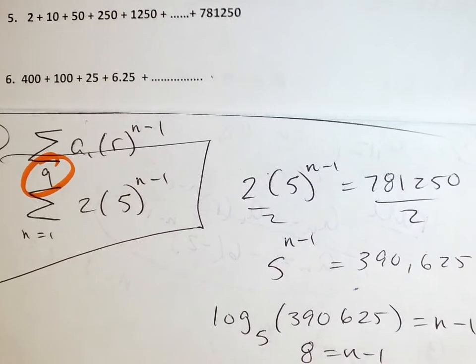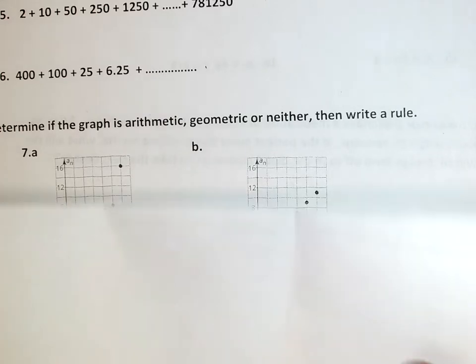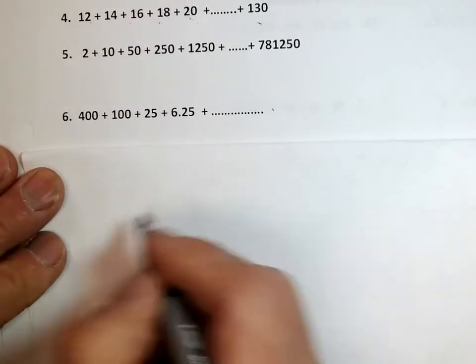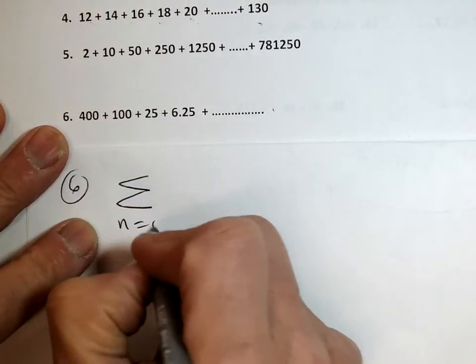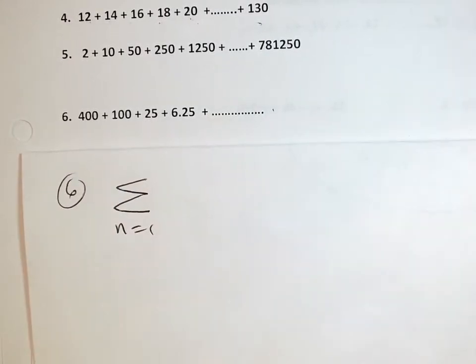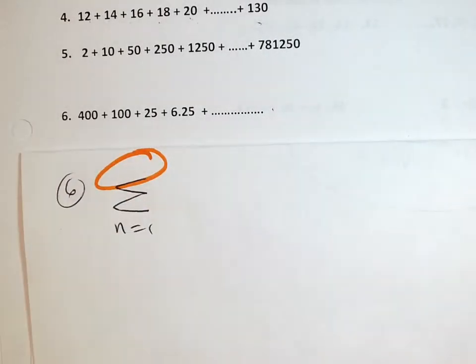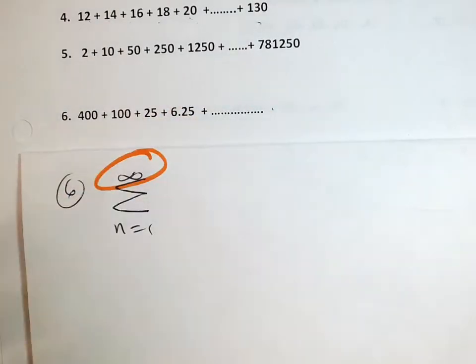Okay, you ready for 6? Okay, 6 is the easiest. It really is the easiest because when I do my summation n equals 1, I already know what goes up here. What goes up here? Dot, dot, dot. What goes up there? Infinity. See how easy this is? So I already know that this is infinity, so I don't have to do that hard work with logarithms or anything like that. It goes to infinity, okay? Now,